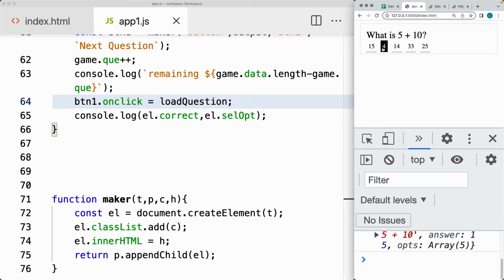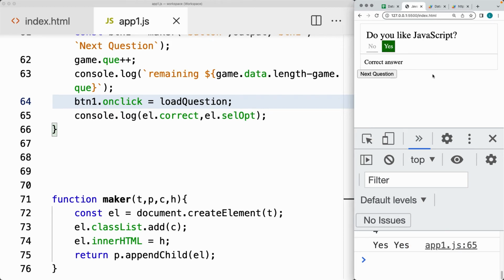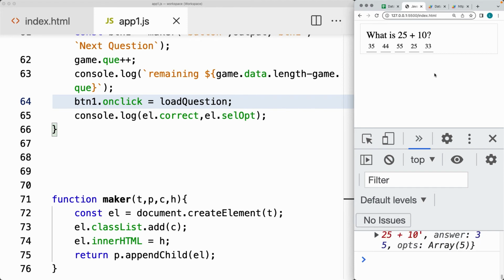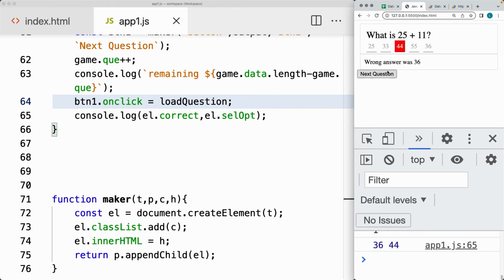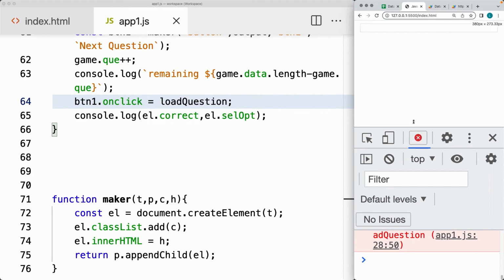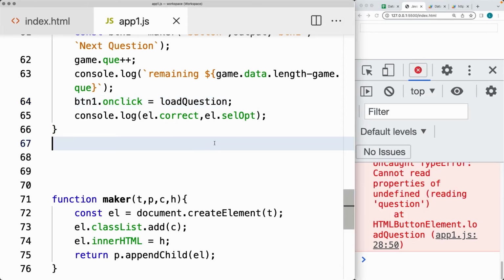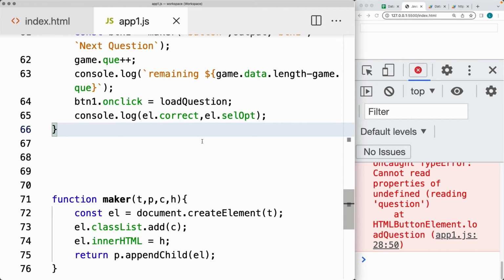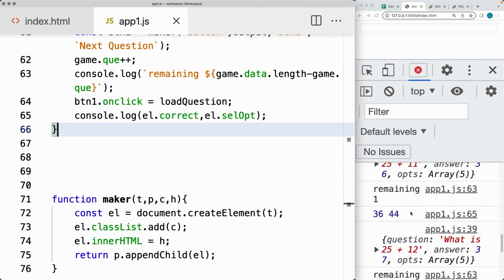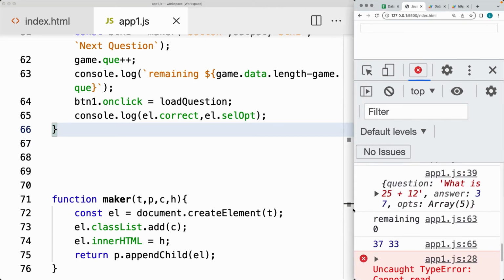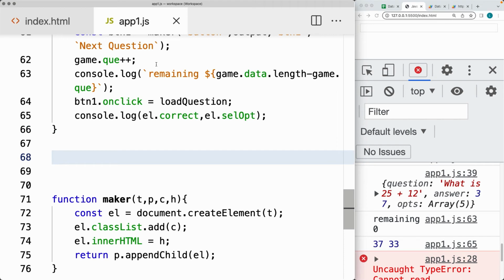So what is 5 plus 10? 4, wrong. We get an option to the next question, correct, next question. And eventually we're going to throw an error because we're going to run out of questions. So this is where we need to actually end the game and provide the user the score. So this is over here where we've got remaining, and if the value of remaining is 0, then we want